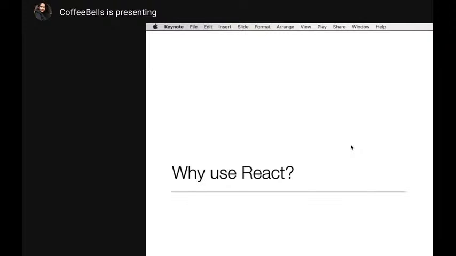There are also a lot of libraries available, such as Material UI and Office UI, built by Microsoft. All these are open source now, and we can use these already-made components and leverage that. Apart from that, React uses JSX, which is like HTML and JavaScript.